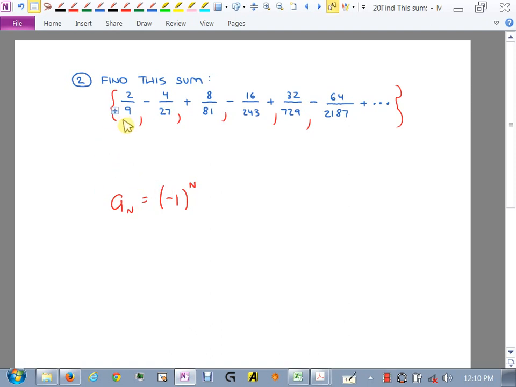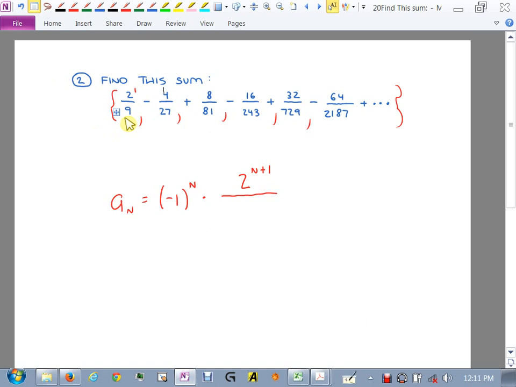And then times, we have a fraction. What's going on up top? Are these evens? No, these are not evens. This is 2 to the first power, 2 squared, 2 cubed, 2 to the fourth, right? That's just 2 to the n plus 1. Because you need it to start at 1. You plug in 0, you need to start at 1.